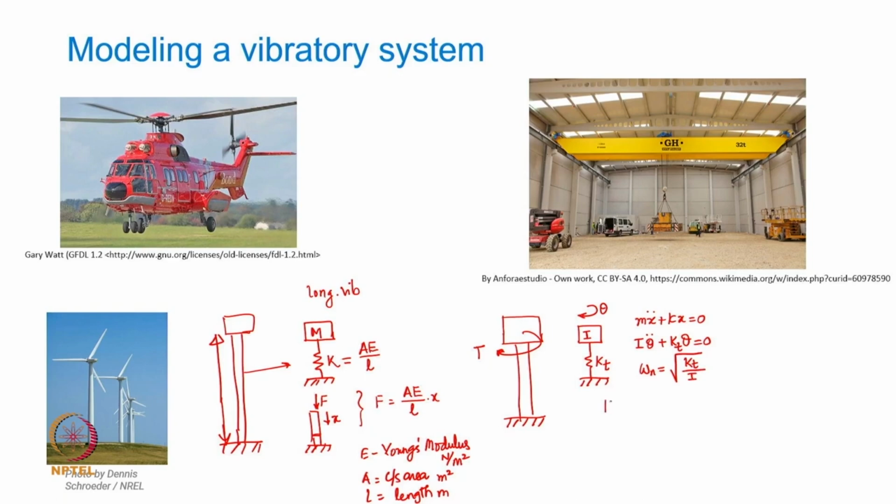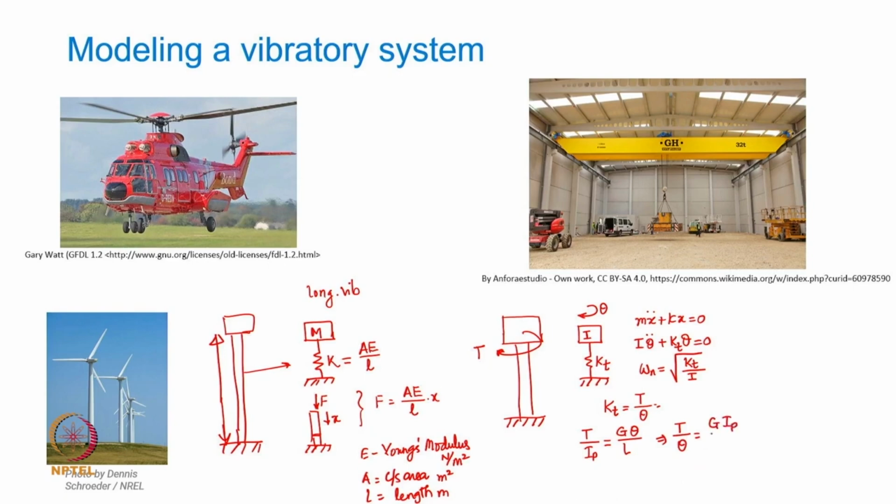Now, how do I quantify the value of torsional stiffness? Okay. It is obviously going to be force by displacement, which in this particular case is going to be the twisting moment divided by the twist, the angle of twist in radians. And we have the relationship again from strength of materials that T over IP is equal to G theta over L, and we want this stiffness to be calculated. So, from this relation I can have the kt value, which is going to be T by theta,